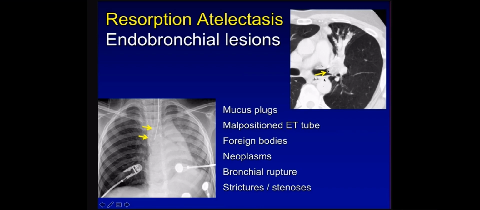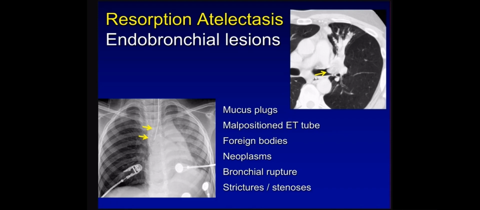This patient has an endobronchial tumor. Notice the fissure here is displaced anteriorly. This is mucoid impaction in these airways. This was a result of this central tumor. And notice how crowded these are. So those are those two direct signs: displacement of a fissure and crowding of bronchovascular structures. And there are some other entities to consider in resorption atelectasis too, including foreign bodies, bronchial rupture, and even areas